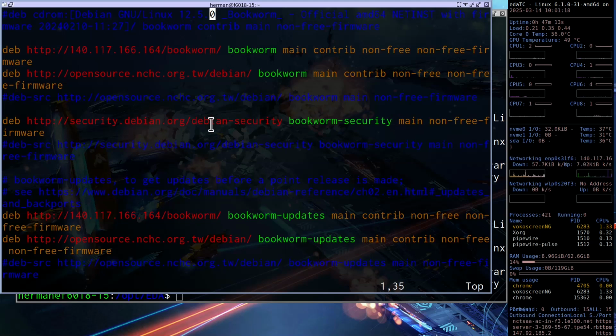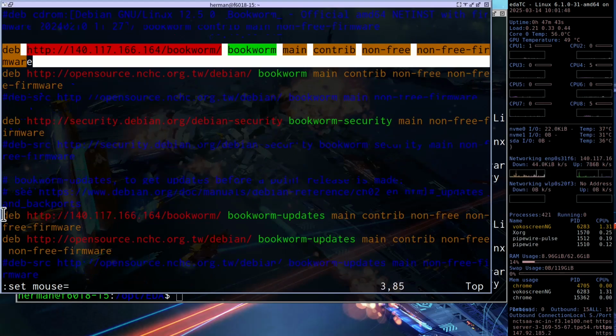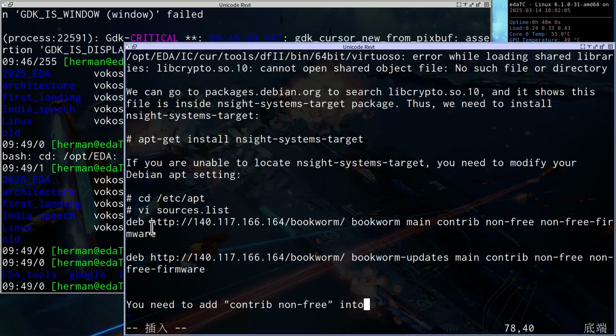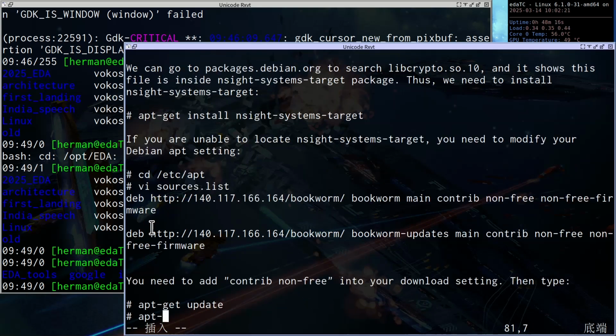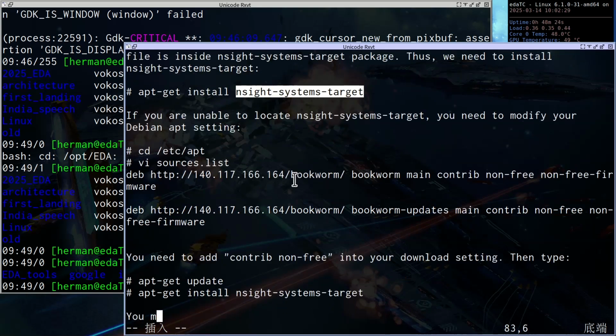You don't need to modify security. You need to modify this in your main setting and bookworm-updates. You need to modify this too. You may be able to install this file now. Okay.